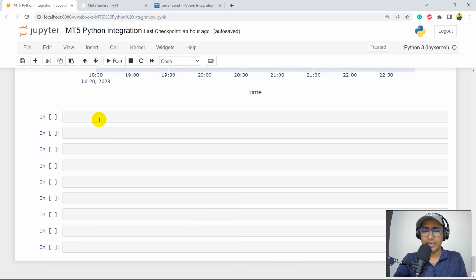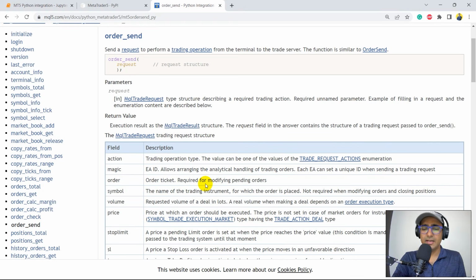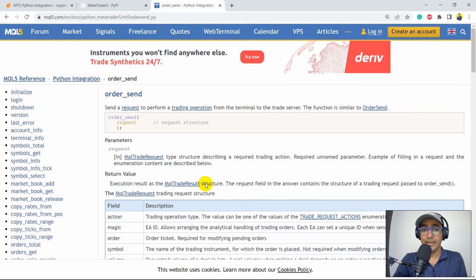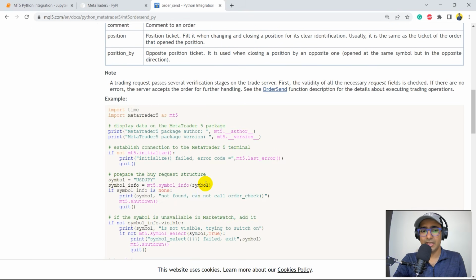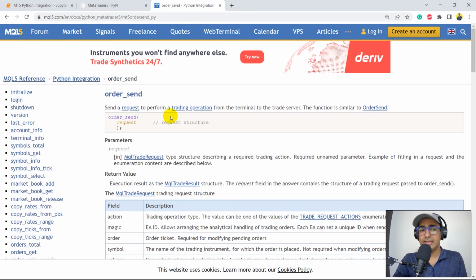And let's just continue doing that. I'll be making this trading bot on Jupyter Lab. So without any further ado, let's start. So yes guys, this is the documentation of the MT5 Python package, and you'll see the order send is basically a